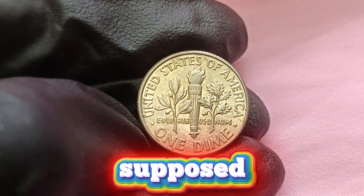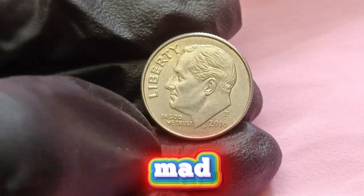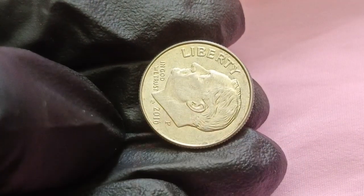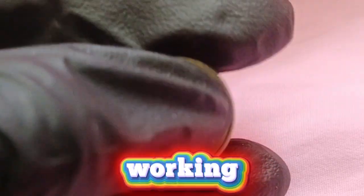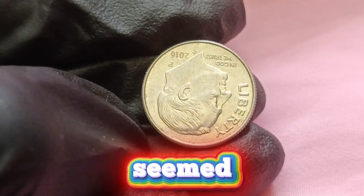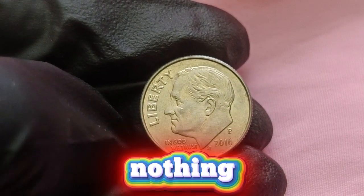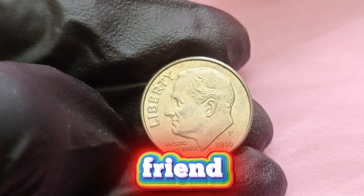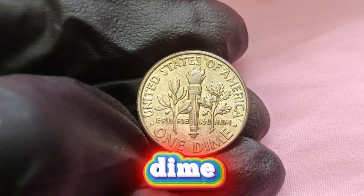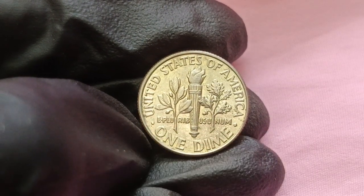These coins aren't supposed to exist, yet they do, and that paradox is what drives collectors mad with desire. Let me give you a story that numismatists still retell at conventions. A small-town cashier in Ohio, working a late-night shift at a diner, pulled a dime out of the till and noticed its reverse seemed oddly off, as if the torch design was shadowed. She kept it, thinking nothing of it, until months later a friend urged her to bring it to a coin dealer. Within weeks, that simple diner dime was authenticated as one of the rare 2016P double die varieties, graded near